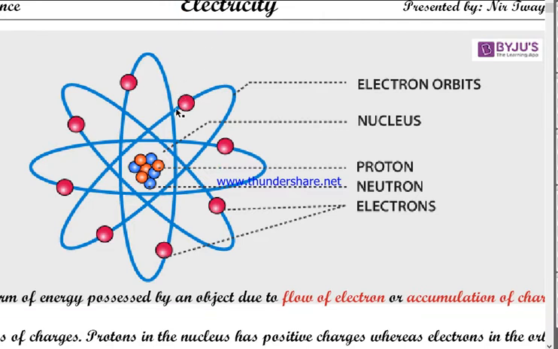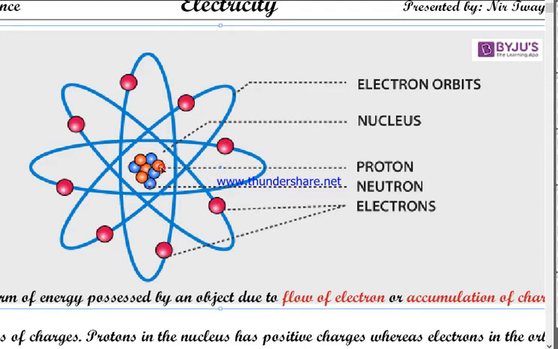Charge means simply the attracting property. Two particles which attract each other are said to have opposite charge. So proton is considered positive, and electron is considered negative. This is just about consideration. Proton has positive charge and electron has negative charge because they attract each other.